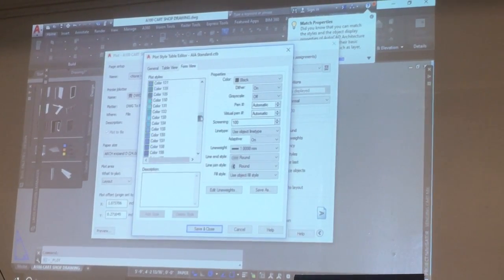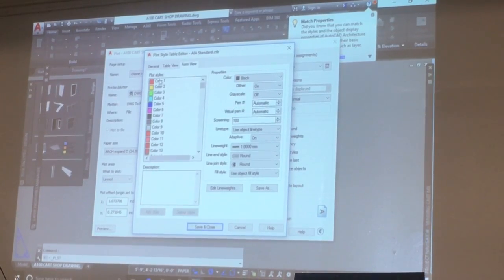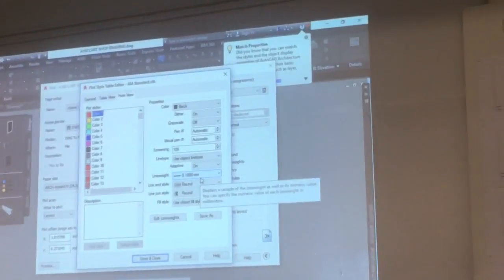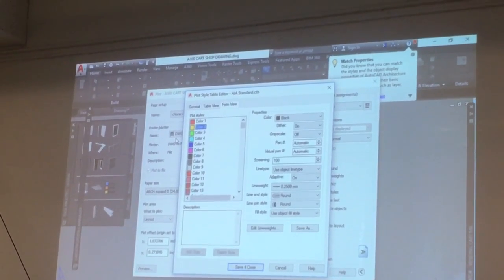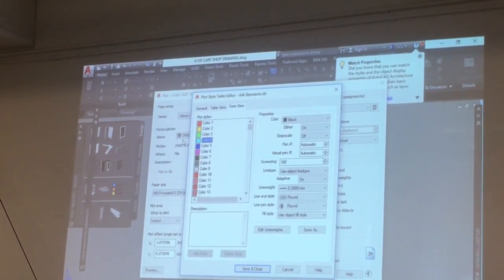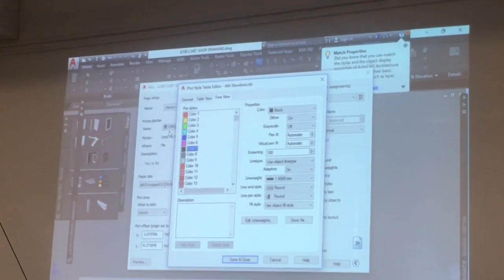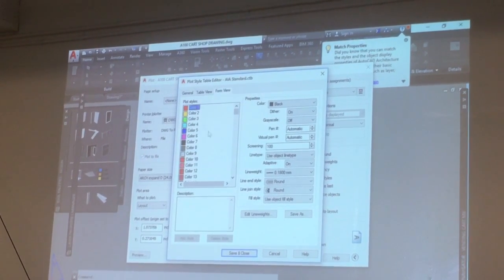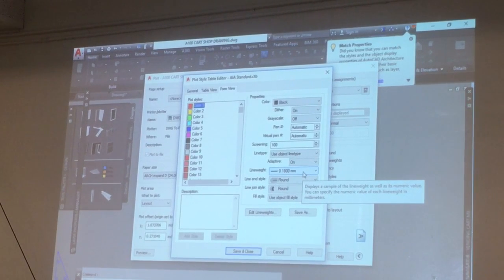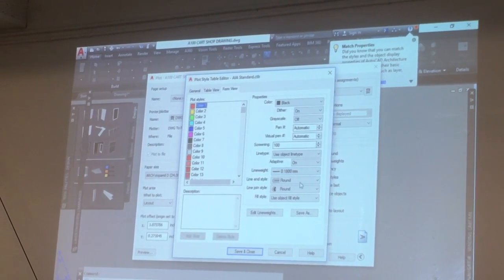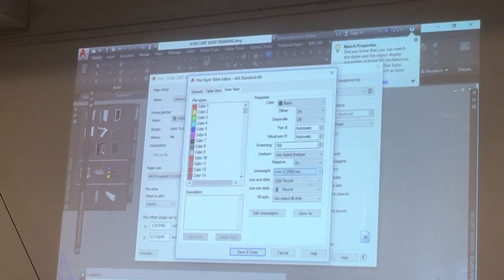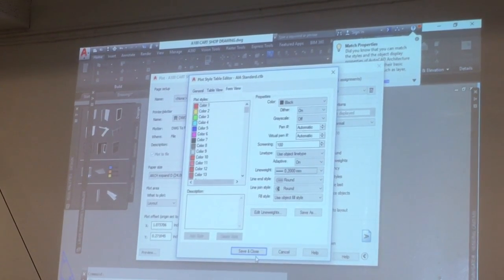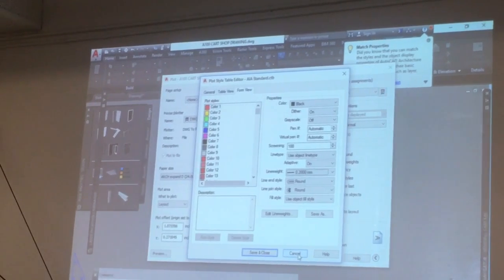number one here. So there's 255 colors. Let's look at number one, 180 millimeters. And I'm gonna go down. Look how it goes. 0.25, 0.25, 0.25, 0.5, 0.1, 0.14. So the color defines the line. Okay? If I want to change this to be different, it can be different if I want to. All I do is just save and close. That's it. You can always go and change it, but I'm gonna cancel